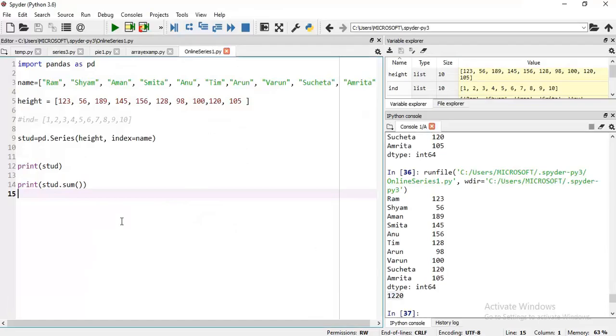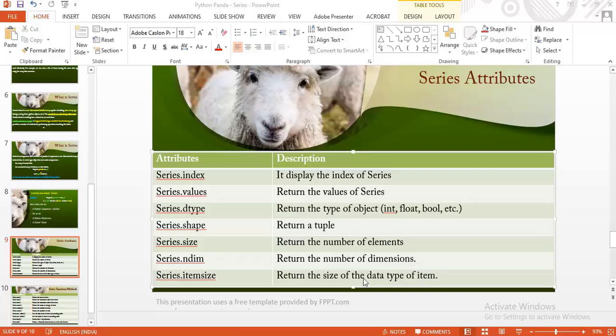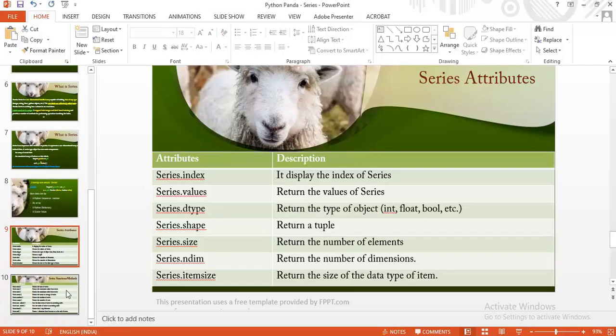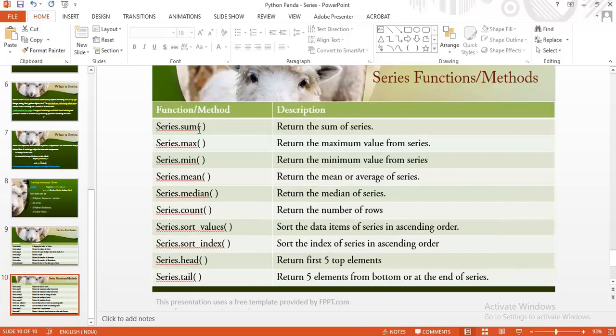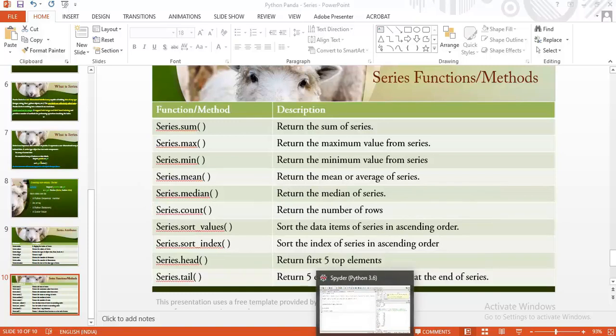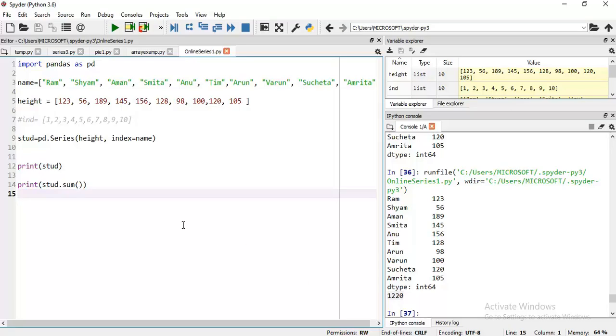Then the next question, display the maximum height. For this, no need to worry, we have a lot of functions here. I have already used sum, which returns the sum of the series, then max returns the maximum value, and min returns the minimum value. As per the name of the function, they do the same work. Now our question is find the maximum height.